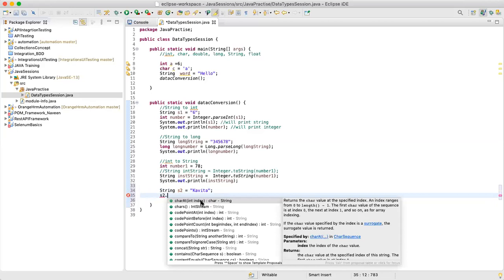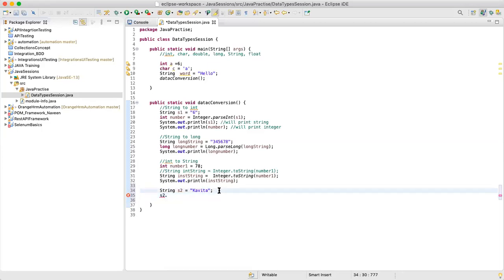When you read this, try to understand the concept and try to read the methods. Instead of mugging, we should try to read the method. This is what I'm trying to follow. When you read charAt, it is saying, give me an integer index. Now, the data in a string is stored in the form of indexes. There will be 0th location, 1, it starts from 0, 2, 3.